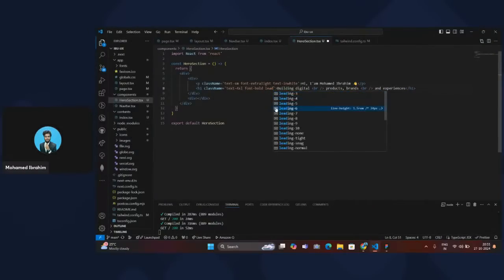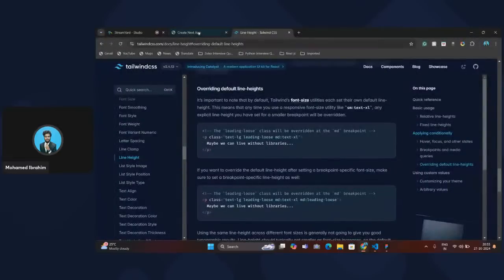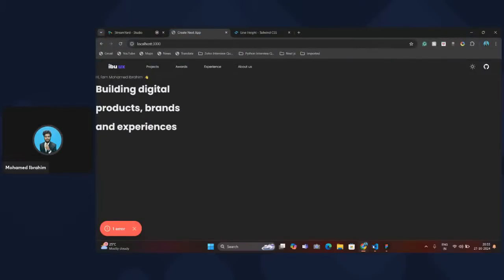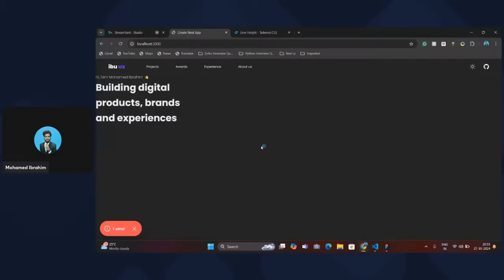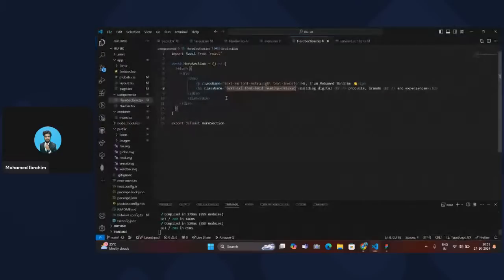Leading loose. I'm going to check this out, but it's becoming more loose, I think so. Leading, I'm going to mention relaxed. Yes, now we are getting somewhere, guys. We are getting somewhere. And also, since we need some bigger amount of text, I'm going to mention Excel manner,